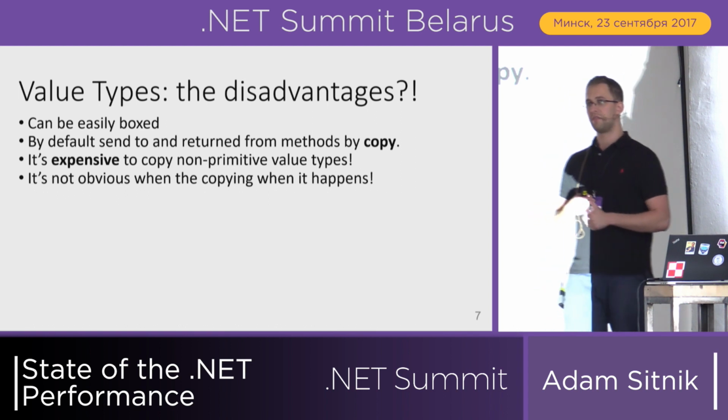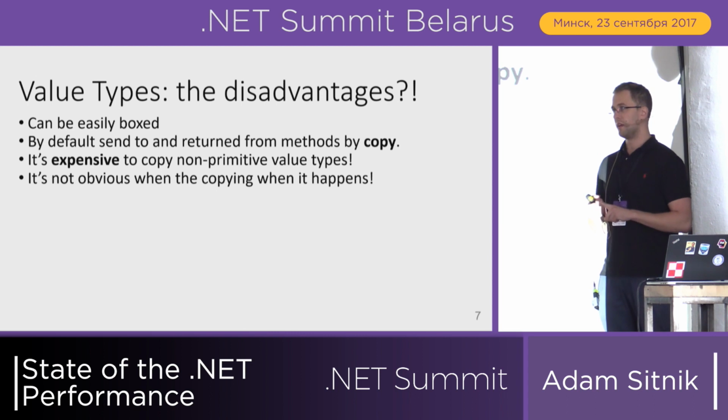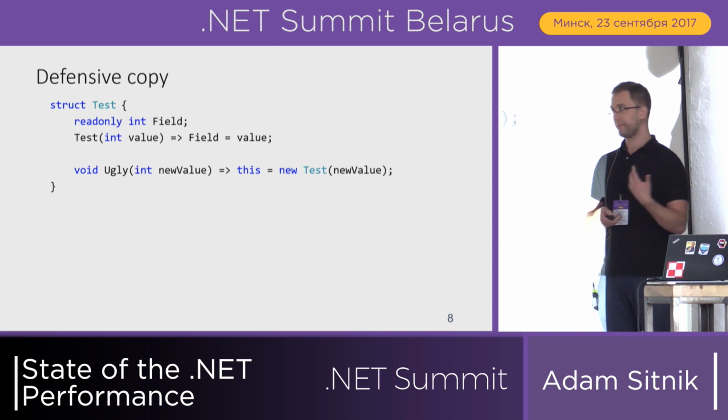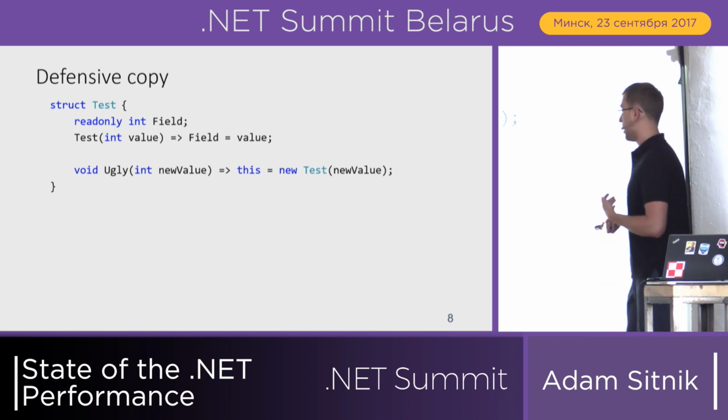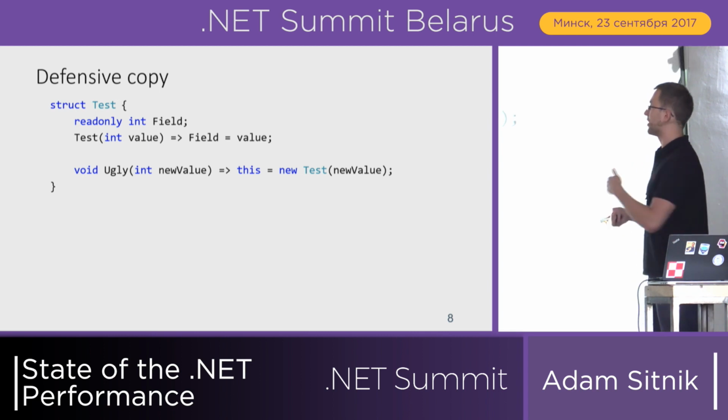First of all, as shown by Dina, we can easily get boxing. Then they are by default sent to methods and returned by copy. And it's not obvious when this copying happens. The first example is the following. We have a very simple structure with a single read-only field and a constructor, of course. And we have this ugly method, which is using the this keyword